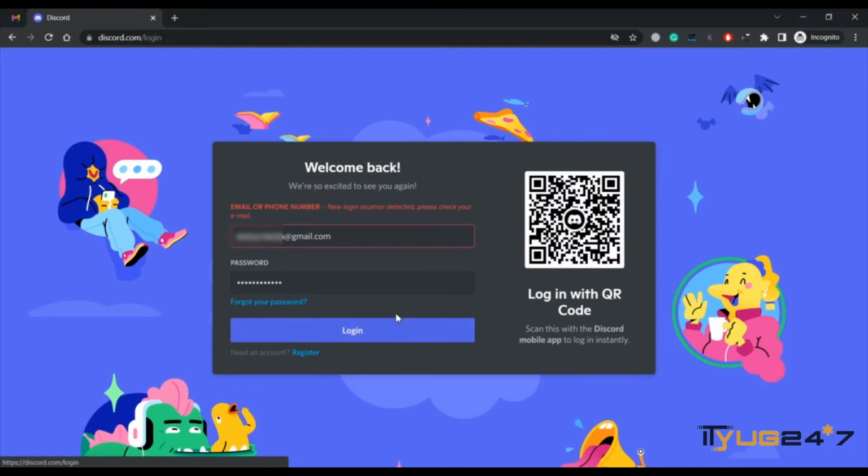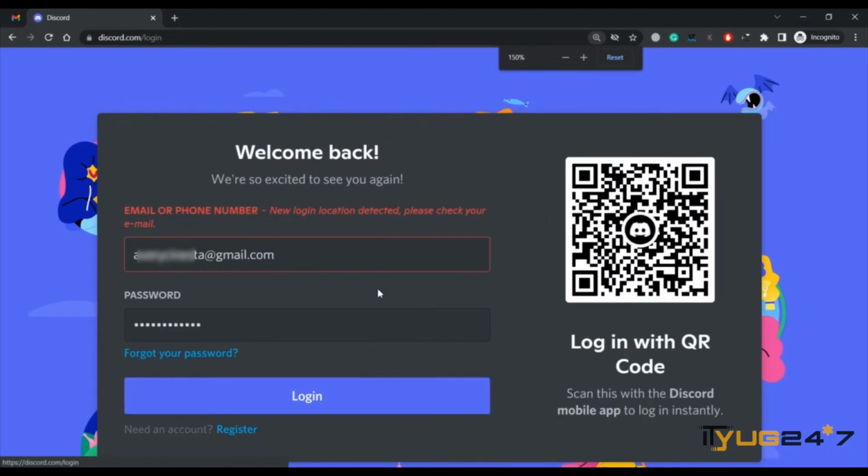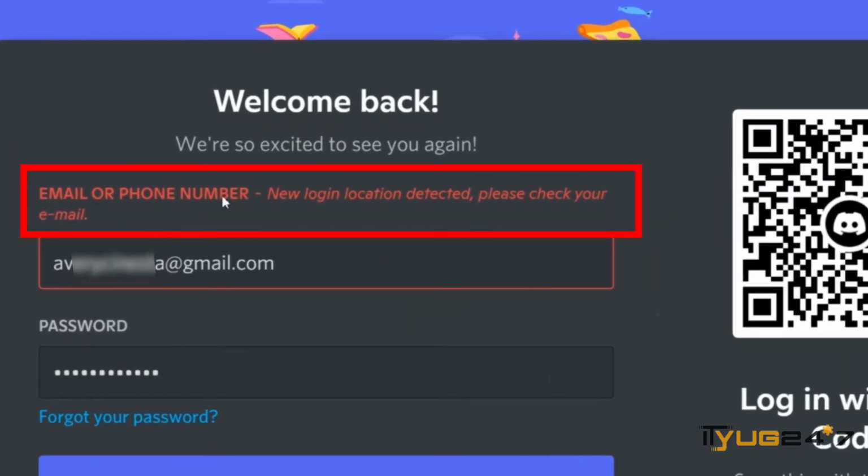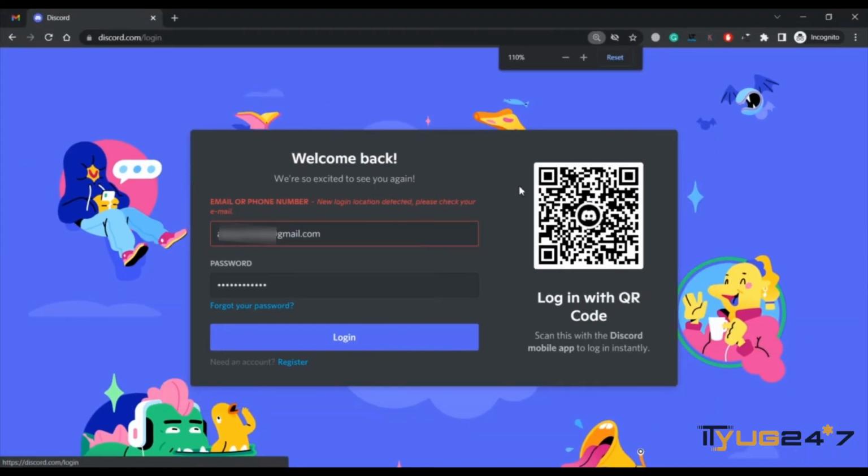So yeah, as you can see, the error message appeared on the screen. I will zoom it out for you. So it says email or phone number, new login location detected, please check your email. So that's the error message. Now what you need to do is you simply have to log into your Gmail address that is linked to